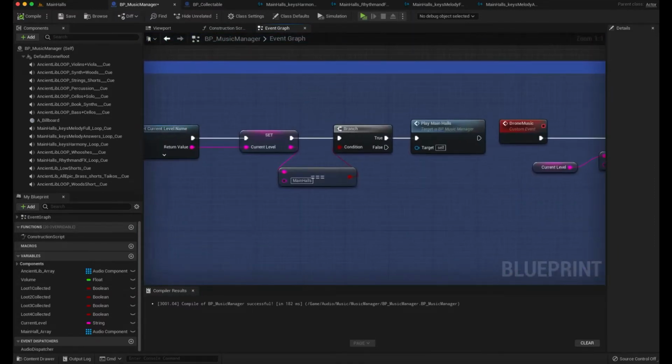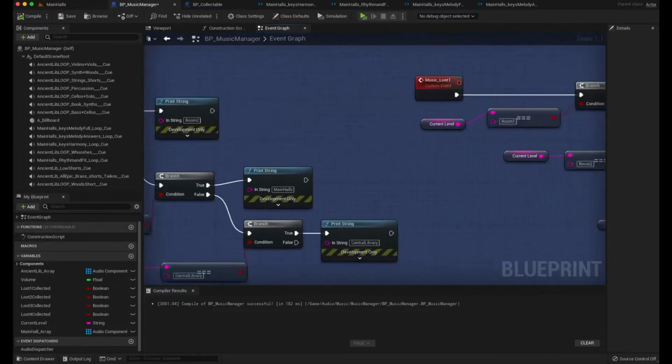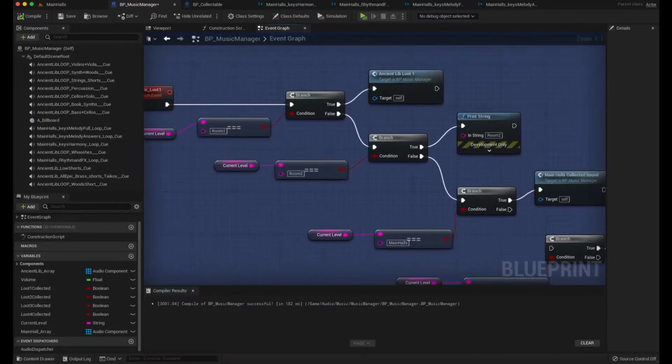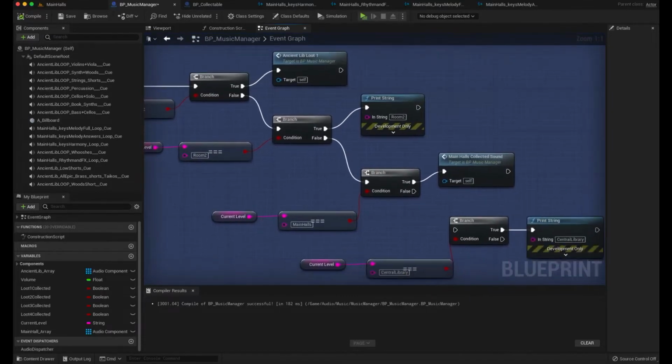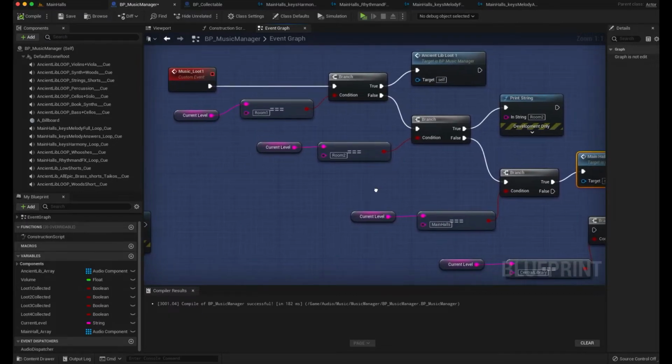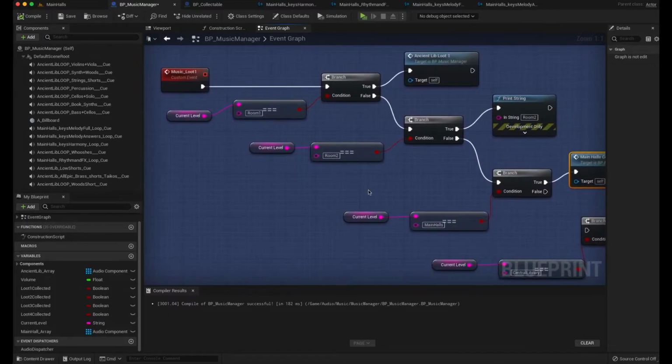I have one row, music. We're going to ignore that for now, but here is music, loot. Here's what I'm calling it, and I'm checking in the collectibles. I'm going to be calling this event music loot, and the event is going to basically check